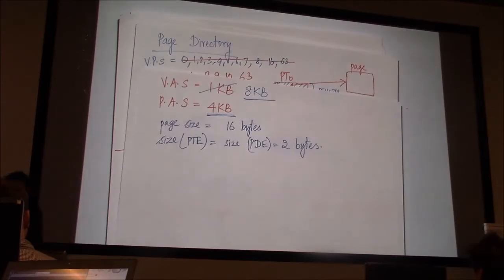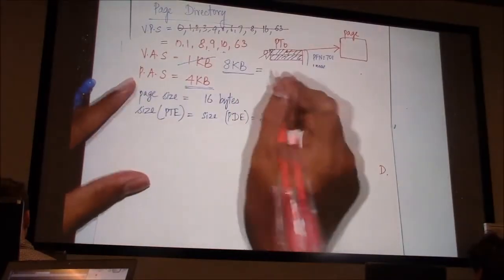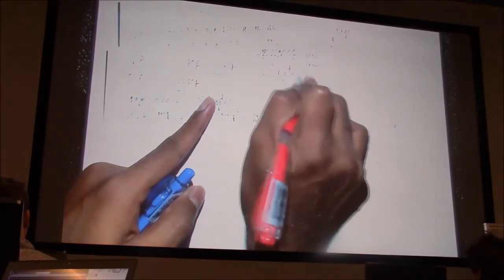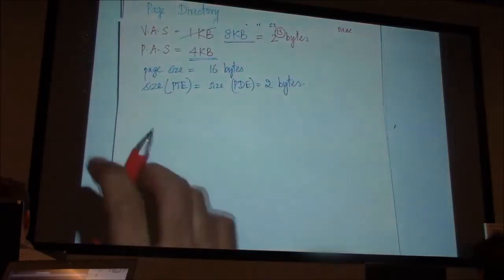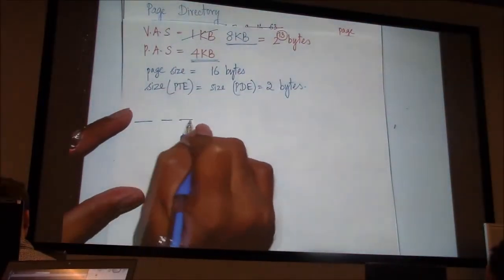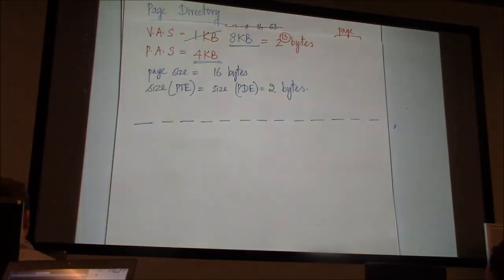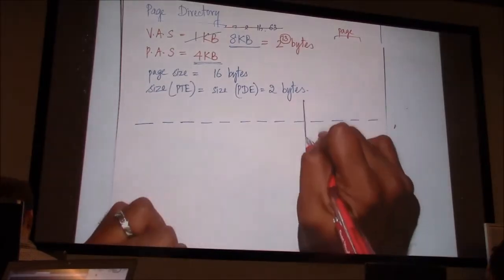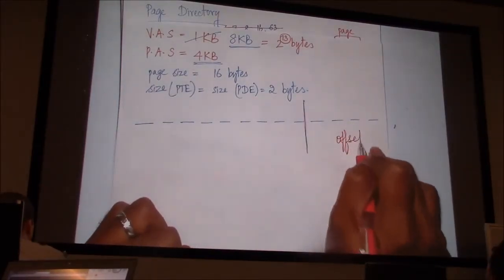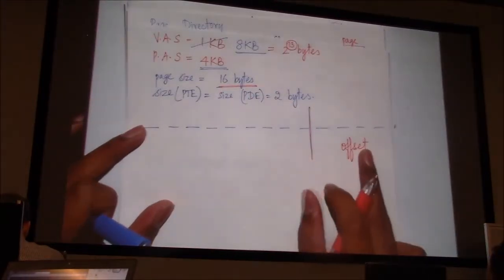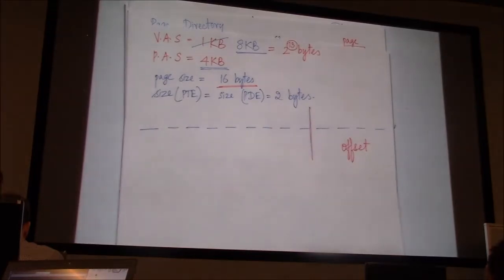But the problem arises in situations like this, which is nothing but 2 to the power of 13 bytes, okay? 2 to the power of 8 times 2 to the power of 10 is 2 to the power of 13 bytes. Now, if you have these 13 bits, again you only have 4 bits for your offset, because you still have the same page size of 16 bytes, okay? And since you're going to fit each part of your page table in a single page, how many bits do you need for storing